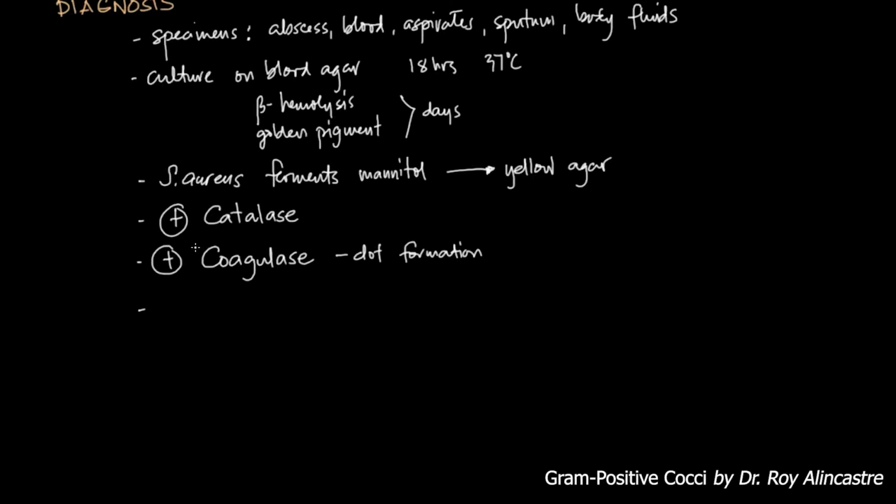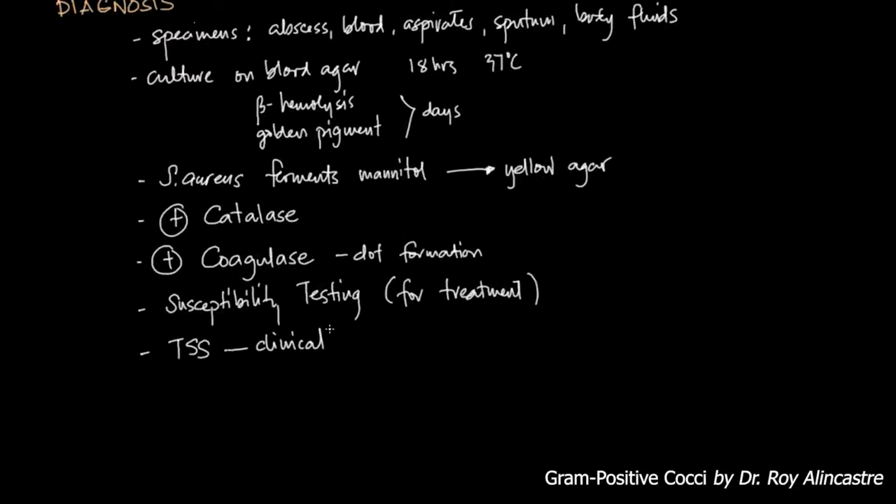Susceptibility testing of Staphylococcus aureus is used to determine antibiotic susceptibility and resistance, and therefore it's used for treatment, but it does not aid in the diagnosis. In toxic shock syndrome, for example, isolation of Staph aureus is not required to make a diagnosis as long as the clinical criteria are already met. And serologic or skin tests are not deemed practical in the management of the illness. And the determination of subgroups based on susceptibility is more for